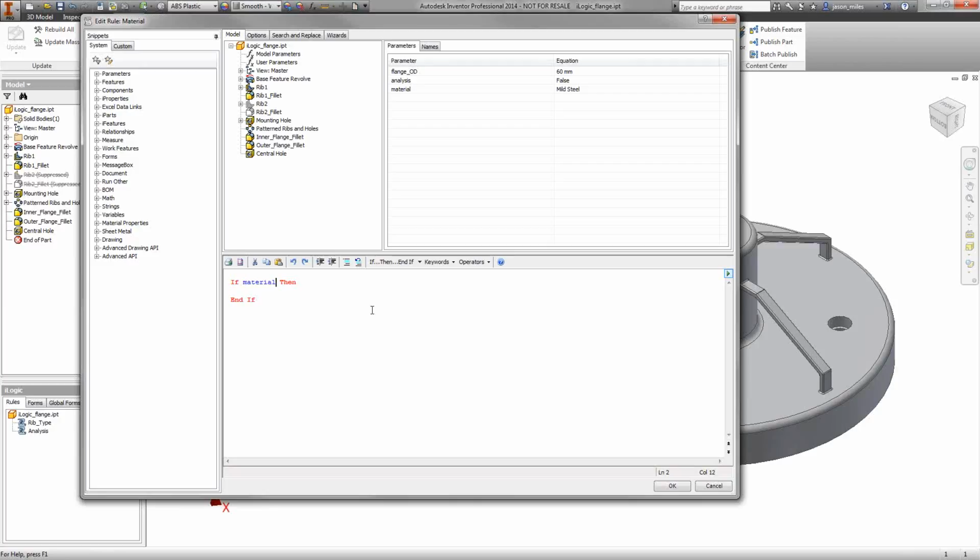So we need to set up this iLogic code for what's going to happen if either one of those is selected. For this one, I'm going to put in if material equals mild steel,